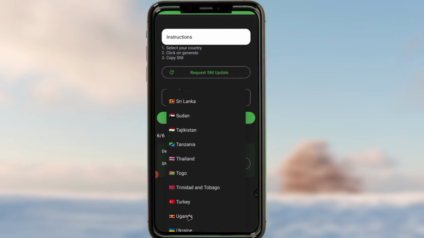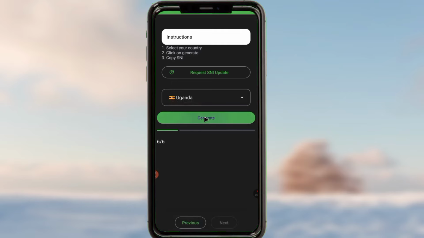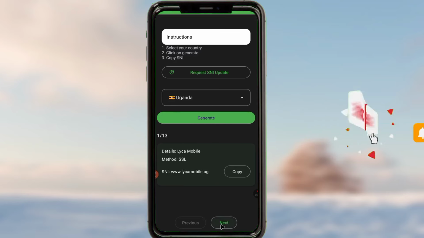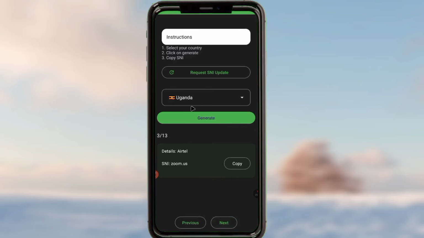For example, in case you are from Uganda, you pick Uganda, then you click on generate, and the app will give you the specific SNIs which can help you in Uganda to secure your connection when you are using a VPN app. In case the generated SNI is not working for you, you can tap on next, and the system will generate another SNI. So make sure to learn how to use this SNI generator. The more you click, as you can see right here, the SNI keeps changing,